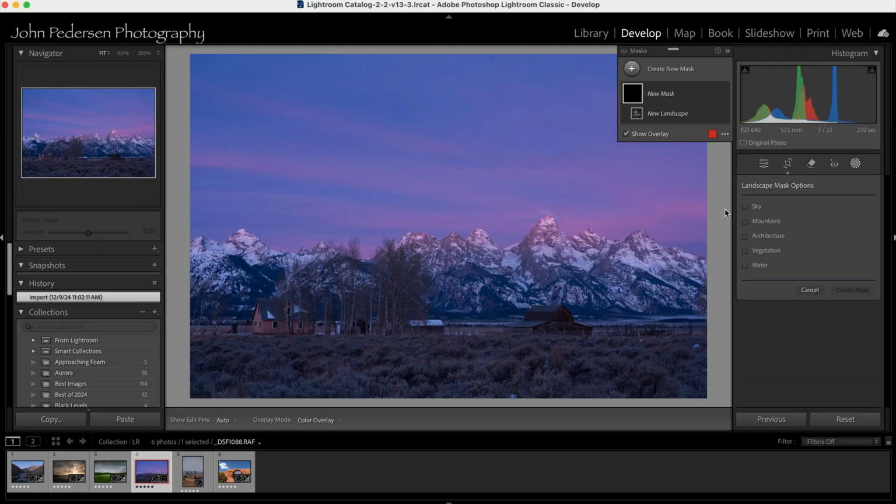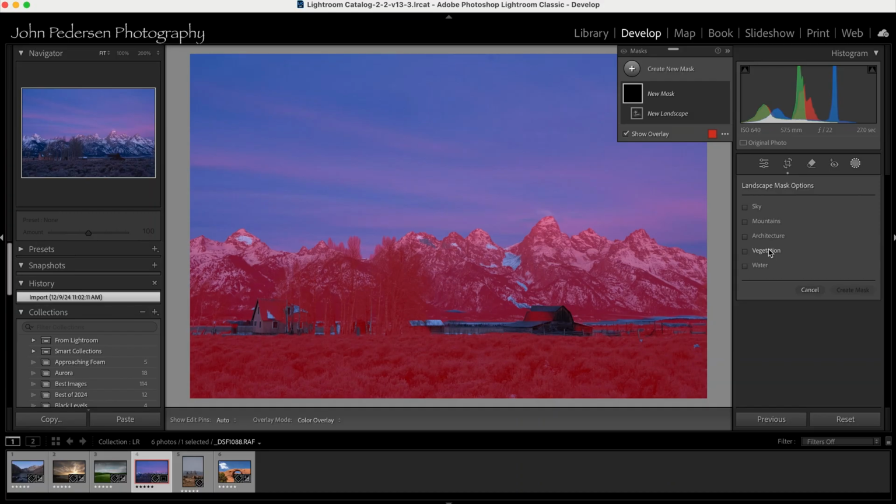Got sky, mountains, that makes sense. I've got a new one here called architecture, and it identified and worked to select the buildings in the scene. I've got some vegetation, which notice that the mountains also got selected because there's vegetation in the mountains, quite honestly. This is a case where the mask didn't do a great job for what I want to do in the